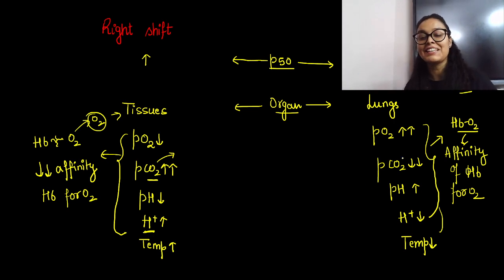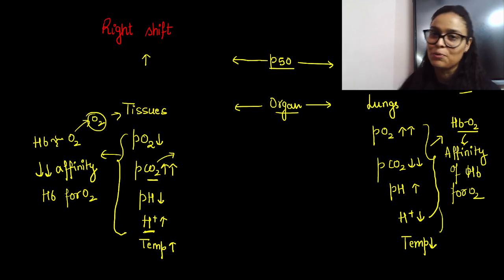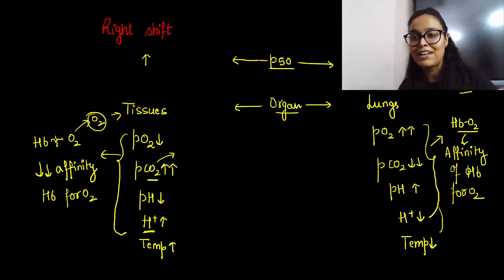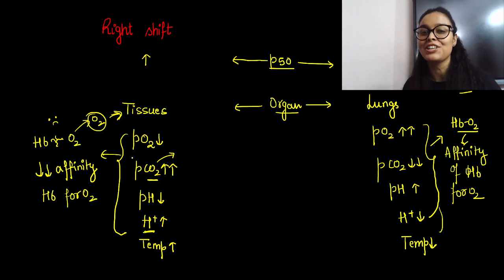Whereas all these conditions in the lungs are acting as heroes, in the support role, just supporting these two, right? So here the patch-up of hemoglobin and oxygen is happening, and here the breakup is happening, right? And this breakup is really important for us, because only then will we get the oxygen to break down the glucose to produce energy, right? So it is good for the tissues, good for us. This is life, right? Patch-up and breakup are really required. So this is the right shift and left shift.